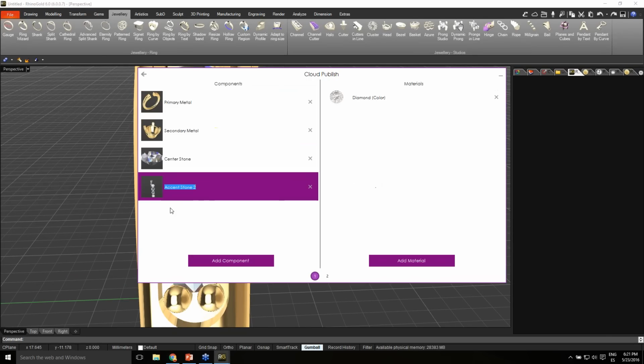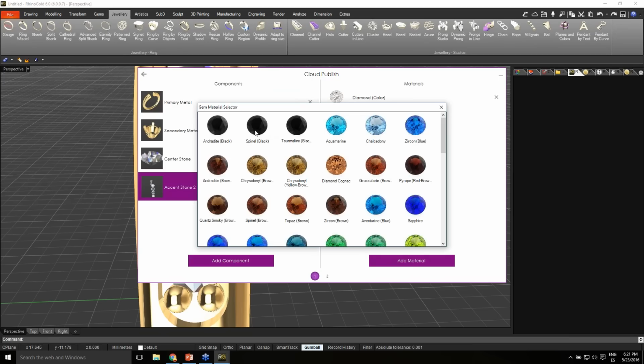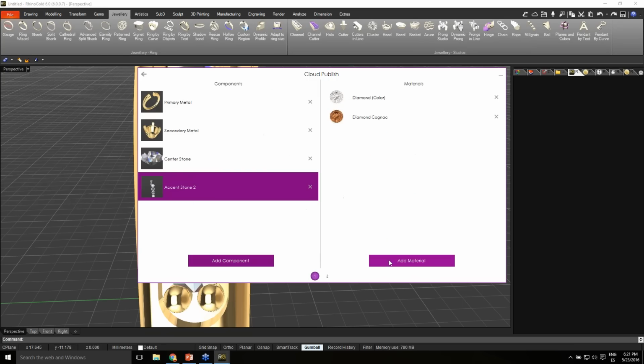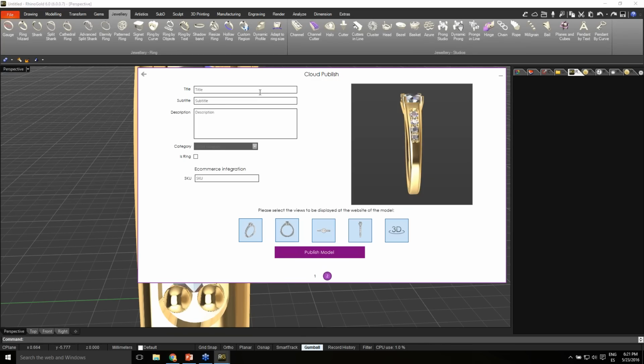It's this one, and we have here the small stones on the shank. We will add another material, just say diamond cognac. Okay, so we have all the materials. Now we go to step 2,